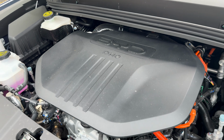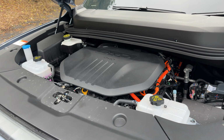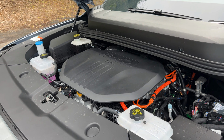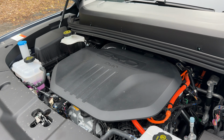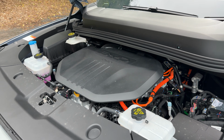DMO stands for dual mode off-road, and if you've already seen my off-road review of the Shark, you will know that it is capable off-road, but we're not doing that in this review, just seeing what it's like to live with. Now, this 1.5 litre turbocharged 4-cylinder petrol engine teams up with a pair of electric motors and the company's